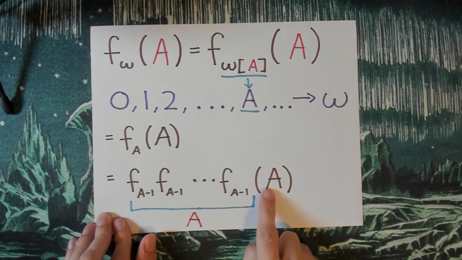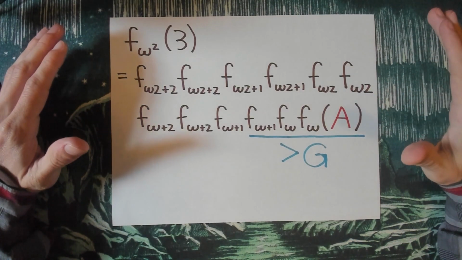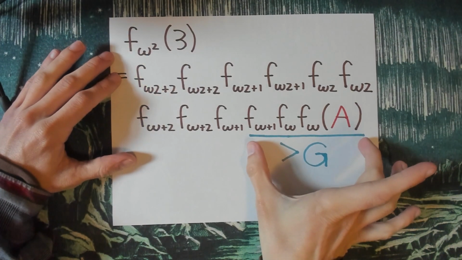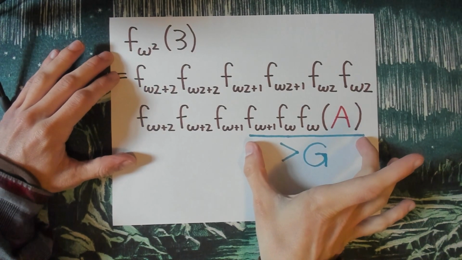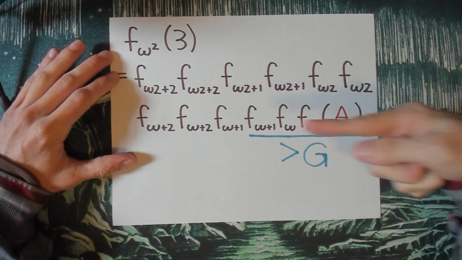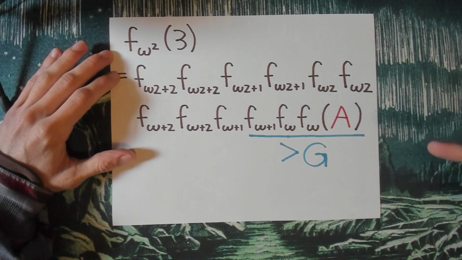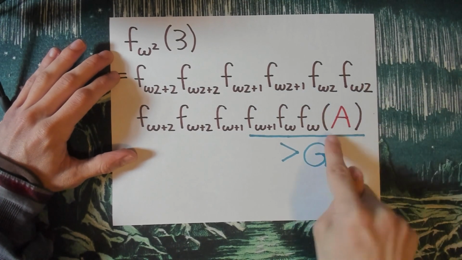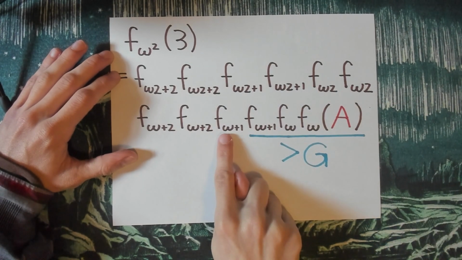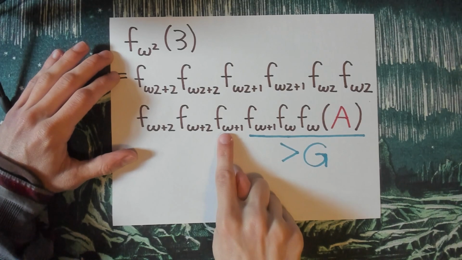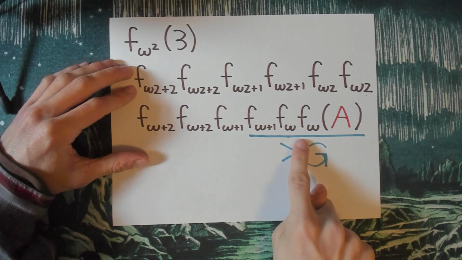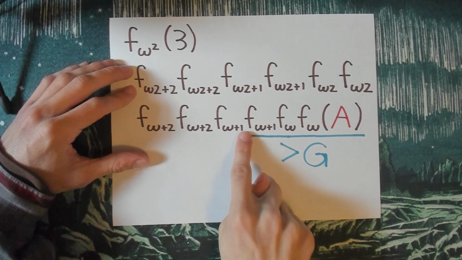So what is really going on here? What's going on here is that we're using a lot of recursion to make some really big numbers. For example, this part right here is already bigger than Graham's number, right? So the way I like to think about the calculation is, you're trying to push leftwards, and as you're pushing leftwards, the input is getting bigger and bigger. And then when that larger input rams into one of these more powerful functions, it leads to all this expansion, right? So, like, when this number greater than Graham's number rams into this f omega plus 1, you're going to get